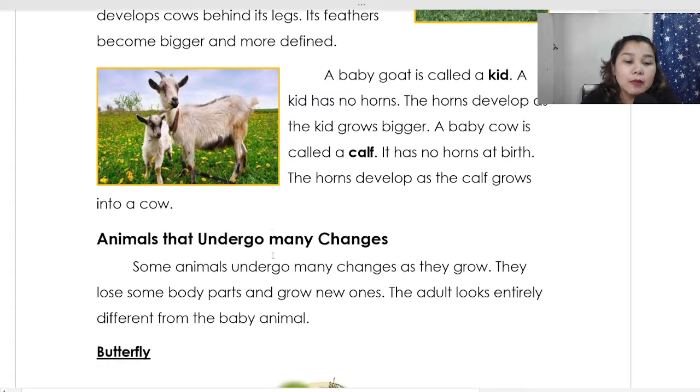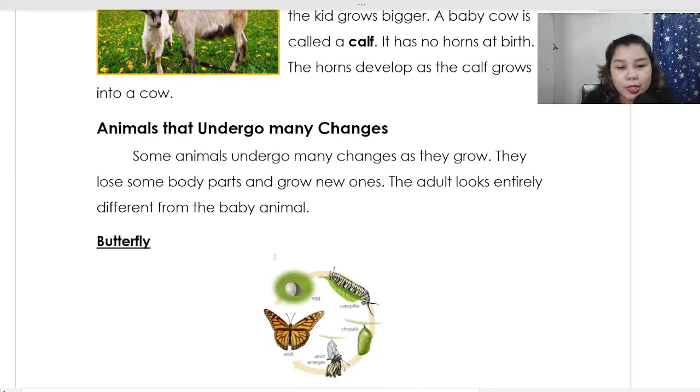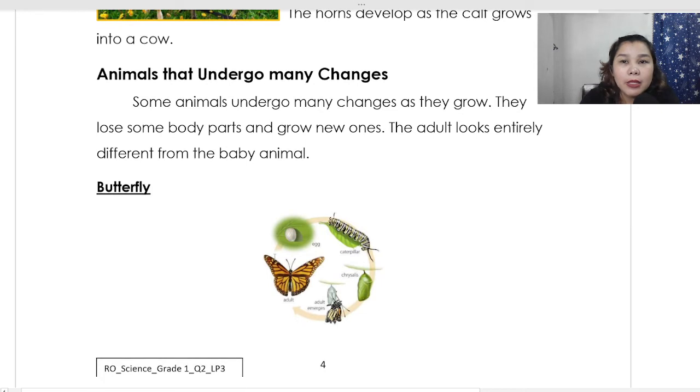Okay, next, animals that undergo many changes. Madaming mga stages bago siya nagiging adult, like this one. So some animals undergo many changes as they grow. They lose some body parts and grow new ones. So from a young one into an adult, madaming pinagdadaanan, and it becomes totally different from its young. So the adult looks entirely different from the